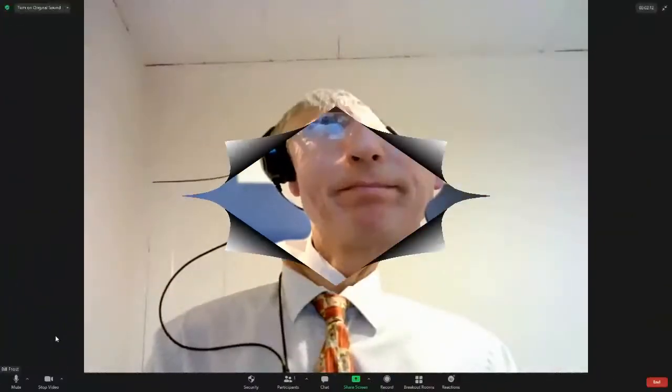Now, most of the time you'll probably want to remove all of the filters, but if you do notice that someone else has applied them and left them in place, then do look at, in this case, the Zoom settings and remove them. If the previous person using the computer used something called Snapchat, then that's a somewhat more involved process and you need to select a different video source.